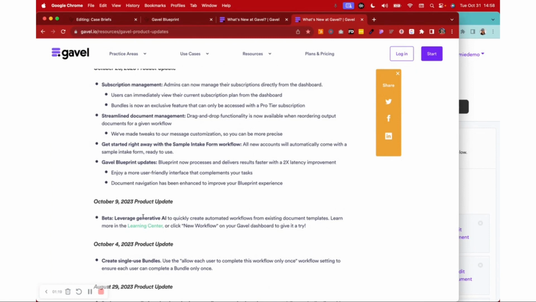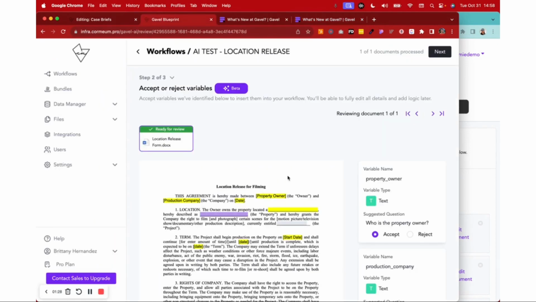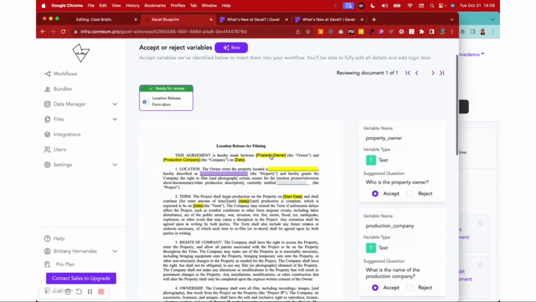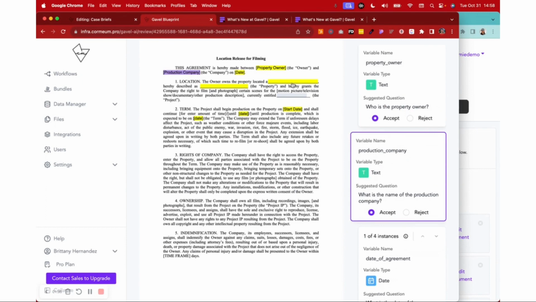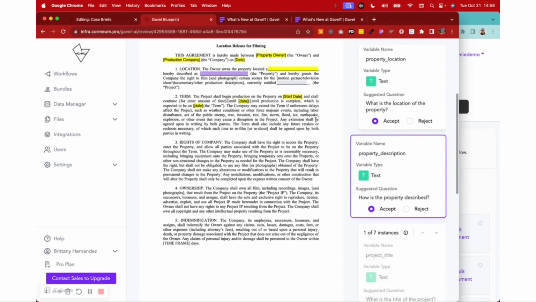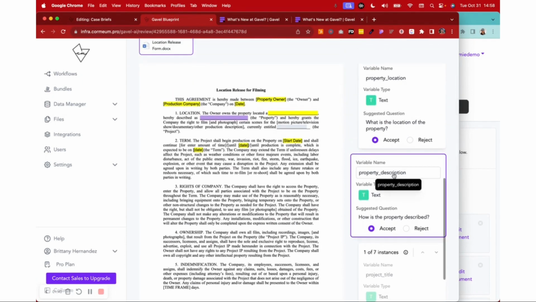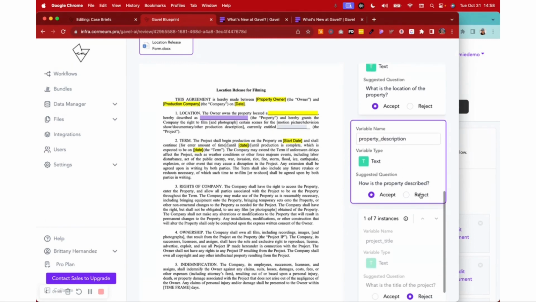Next is going to be around the generative AI. So we know that this is brand new, this Gavel blueprint, which allows you to drag and drop your documents into here, and you can have more than one. And then it's going to automatically pick up where it thinks that you have some variables that you can go through, and it's going to suggest some variable names that you can update directly from here, and then also give you a variable type,